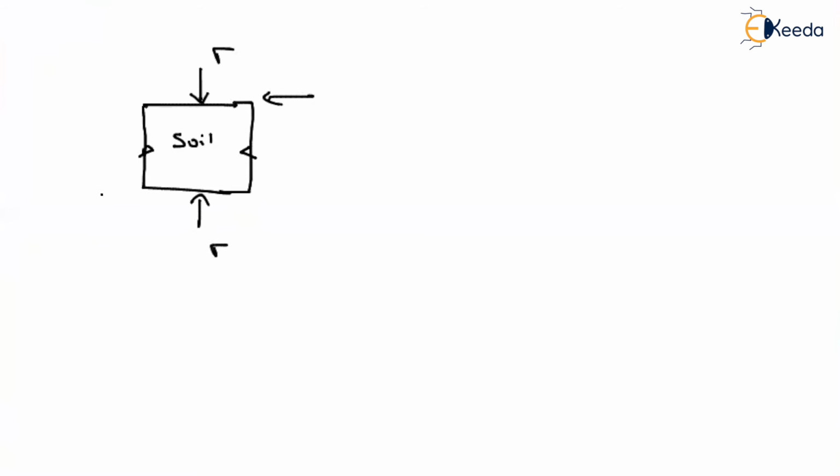Suppose I represent it in a diagrammatic manner. There will be some metal box, and there will be some groove over here, and in between it is entirely filled with the soil. We will keep on varying the normal stress, and then we will apply the shear stress on the box. As the shear stress reaches the failure plane, the failure will happen in the horizontal direction between the two boxes. This is the position of the two metal boxes after failure has occurred.